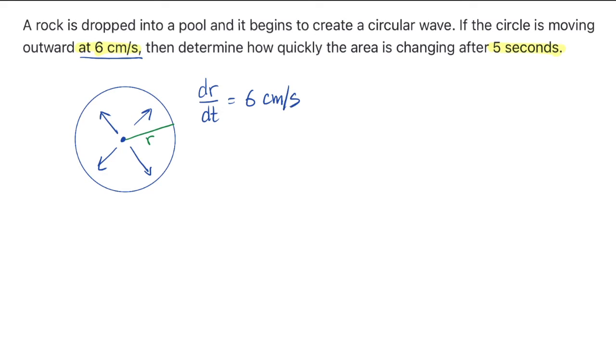And what we want to determine here is how quickly the area of this circle is changing after 5 seconds. So we want to determine the rate at which the area is changing with respect to time